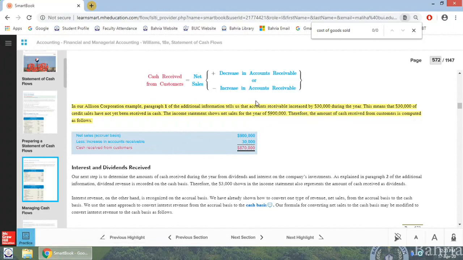Net sales for the year of 900,000. So this is accrual basis now. Net sales less any increase in account receivables. So you can see that they have reduced the account receivables. So now you can know that this is the overall statement, and we can usually talk about the accrual basis